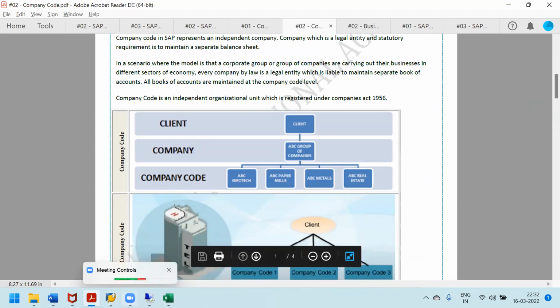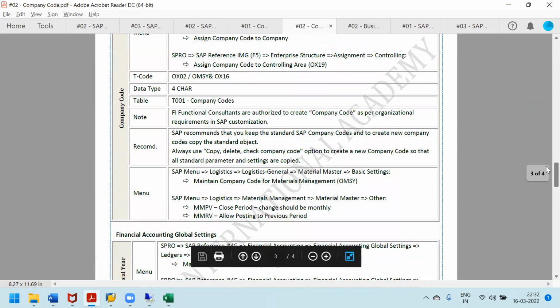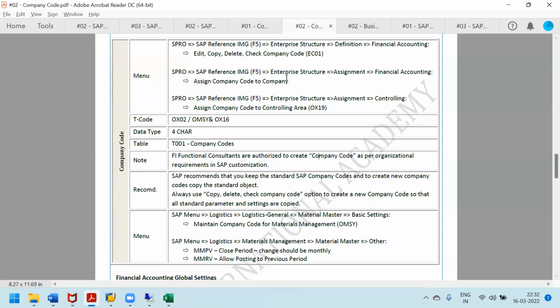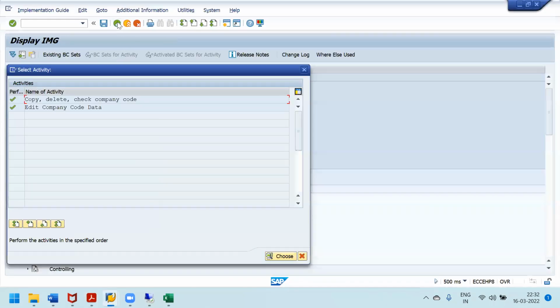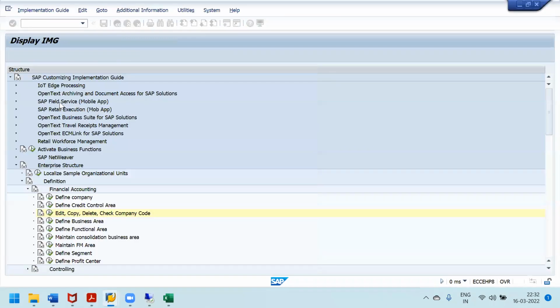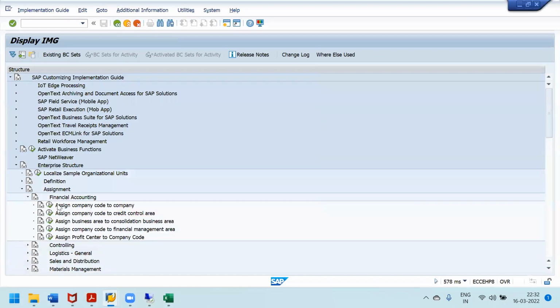So let's go to the system. For this one, we have a menu path and the transaction code as well. The menu path here in enterprise structure is under assignment because we are assigning it. Earlier we defined, so it was in definition. Now we are assigning, so it is in assignment. So go to system, just go back. We are in SPRO. Just collapse this one. Go to assignment, and in financial accounting again, you see the assign company code to company,